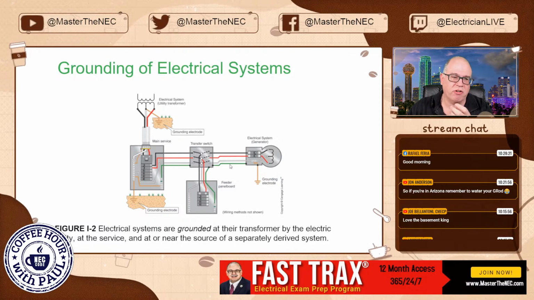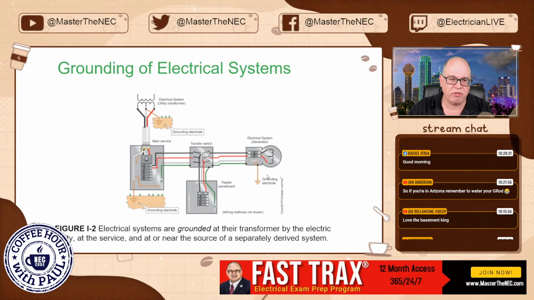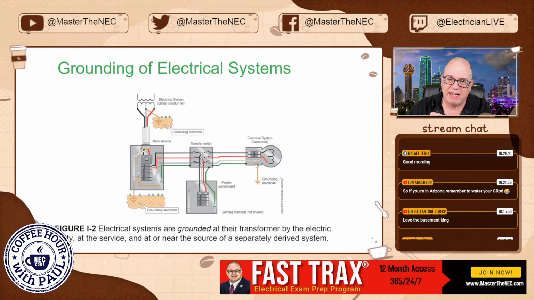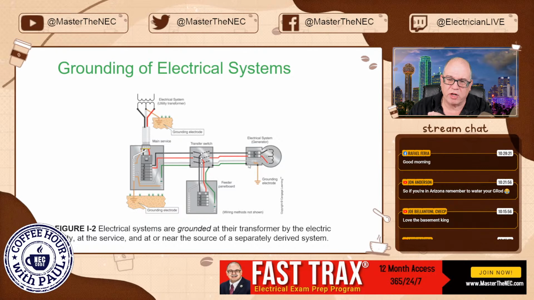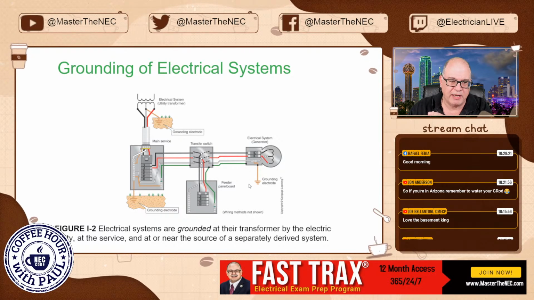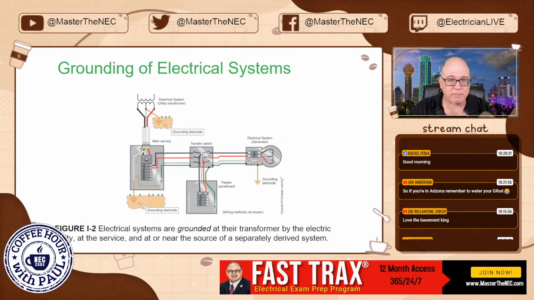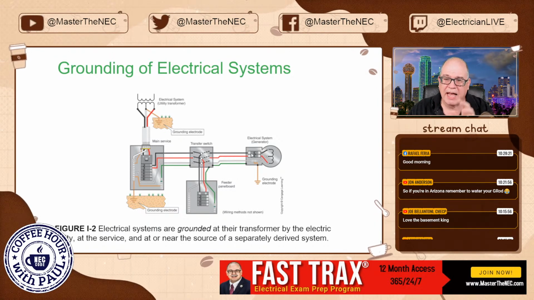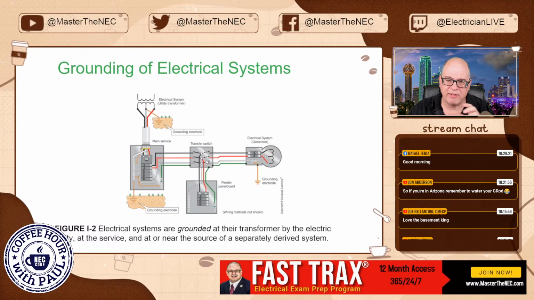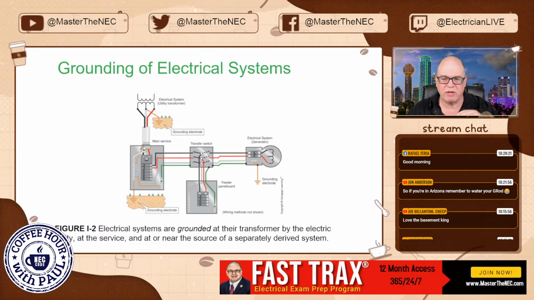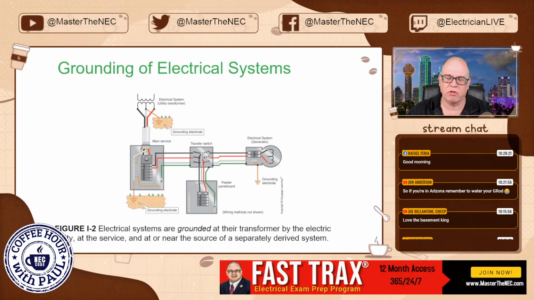Many companies like Generac, for example, require a grounding electrode. That's fine. It's just if it's not separately derived, you're not going to have this system bonding jumper, and you're just going to go from the case to the electrode to meet their rules. You're not going to connect it to the neutral. You with me? You only do that if it's a separately derived system, and in this case, it all depends on whether or not you're switching the neutral. Okay? I just like to do that up front so you can see that.